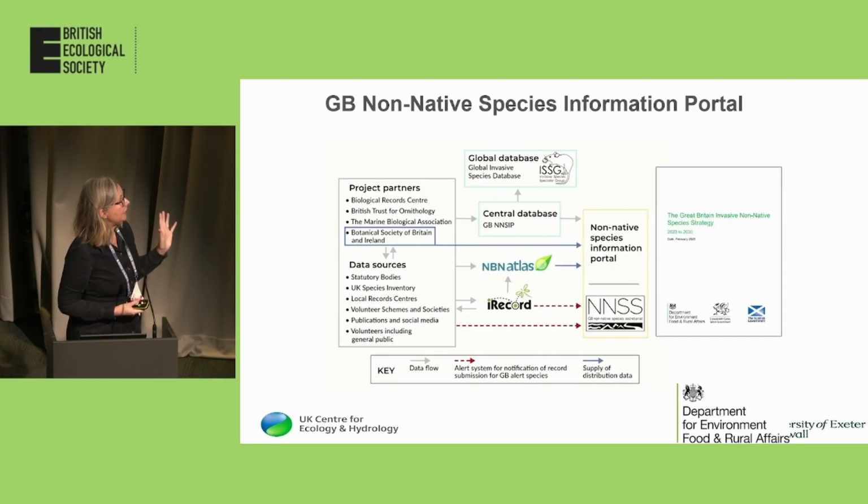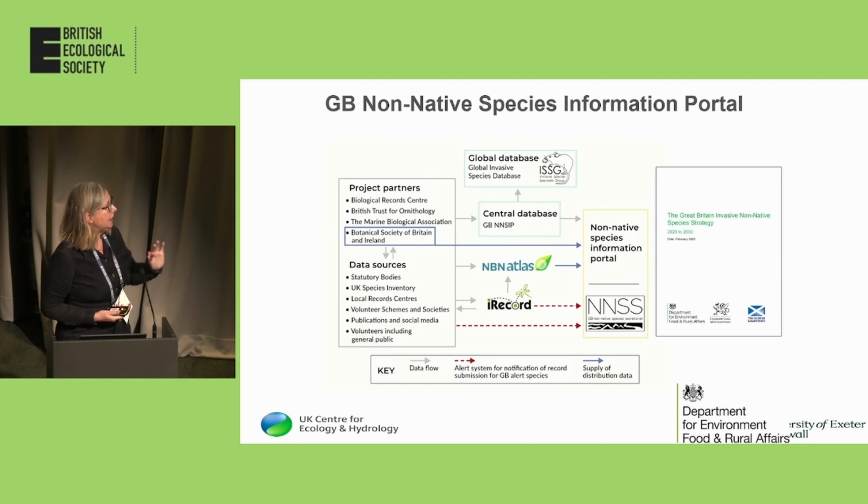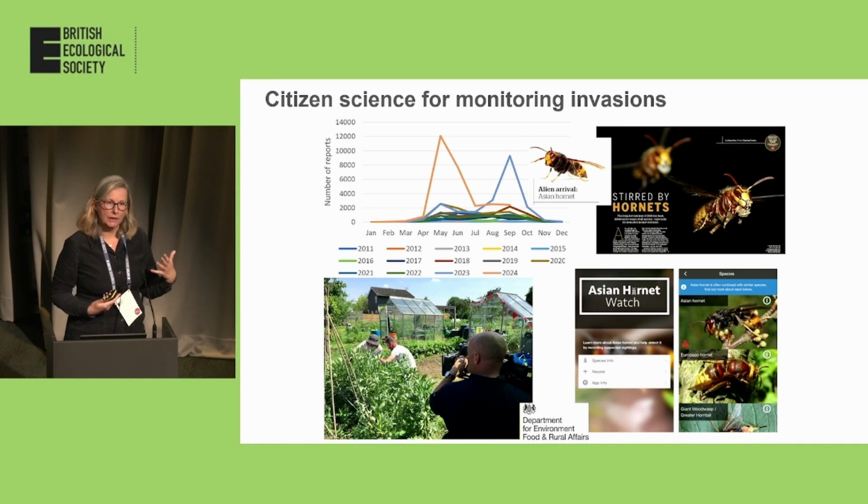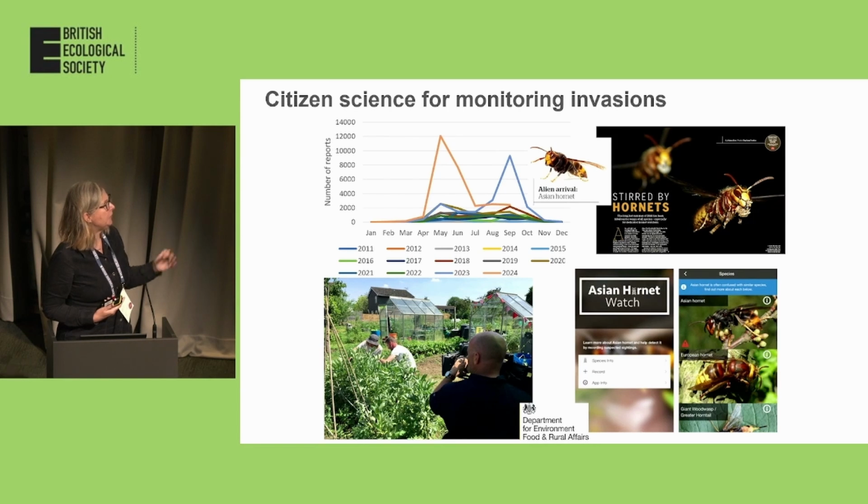One of the projects I've been leading for quite a long time, since 2008, is the GB Non-Native Species Information Portal. It's a DEFRA-funded portal and has a community database behind the scenes, so draws on technology at the databasing level, but also through the alert systems is using a whole variety of technologies, including smartphone apps to deliver an alert system. And many of you would have heard of the Asian hornet, or the yellow-legged hornet, Vespa velutina. It's a species that's a particular concern that could arrive and establish within the UK. So we have a whole variety of technology engaging to be able to detect and to take action very rapidly,